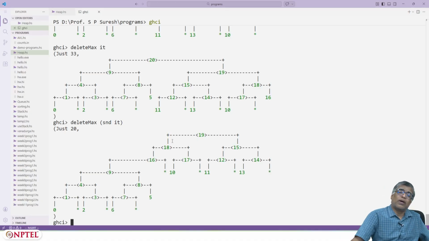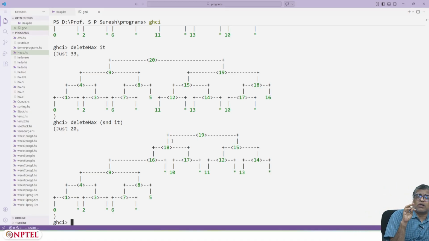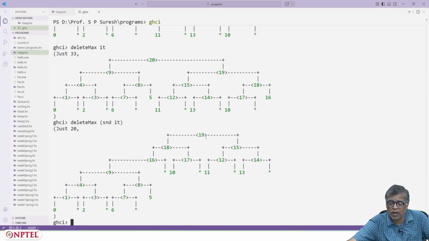So 9 is a tree, right? So why did this happen here? Why did it so happen that 9 becomes the child of 16, etc.? Because of realign.